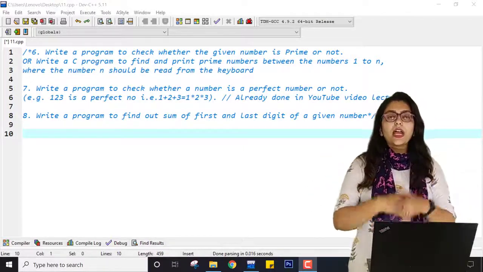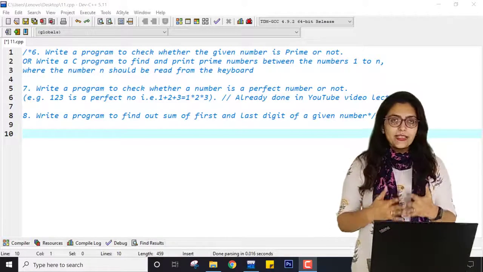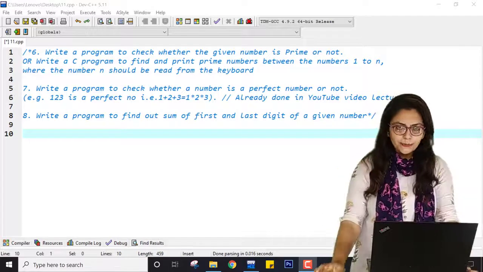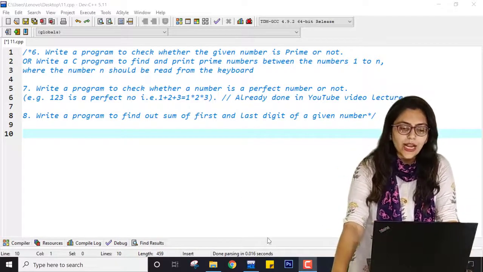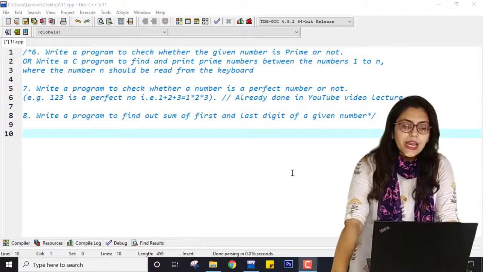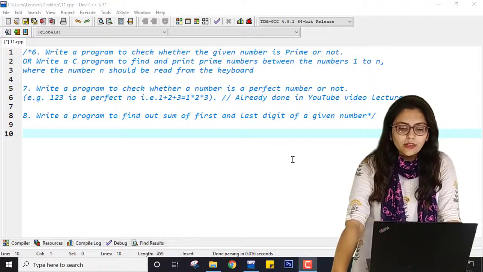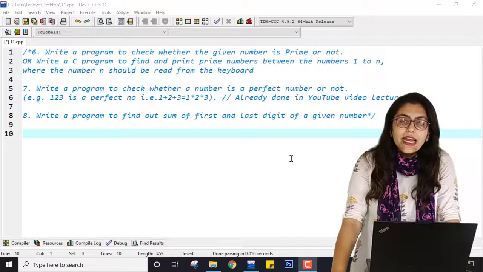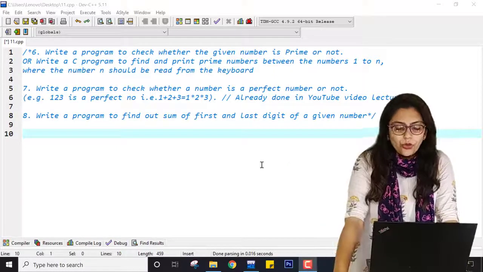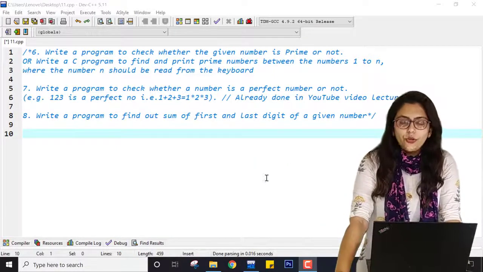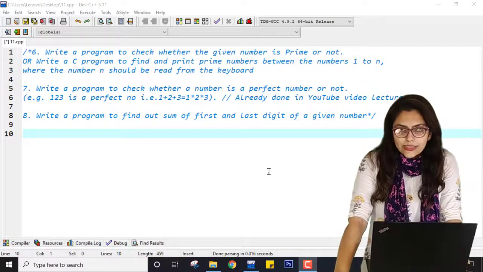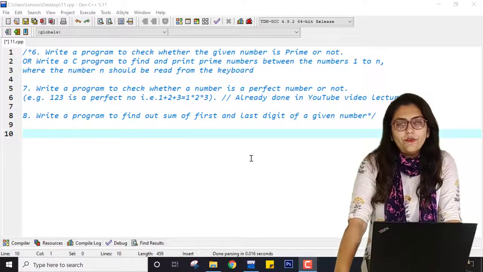Practicals of the advanced practical for looping statement part 2. Before heading to these practicals, I would like to tell you that the 7th practical, in which we check whether the given number is a perfect number or not, I have already covered in a separate YouTube video. If you have not gone through that video, you can go to my channel and, from the course Ultimate Course for C Programming, you can find and watch it now.